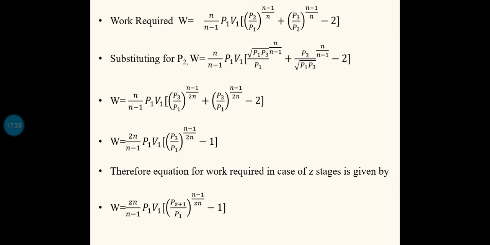If the intercooling is perfect, then we will get the minimum work requirement. So in that case, P2 will be equal to root of P3 into P1. So the intermediate pressure is the root of the product of initial and final pressure in the case of two-stage compression. Then we will have the minimum work required for the compressor. So this is a very important equation. Usually in the questions, the intermediate pressure will not be given. You can find the P2 value using this equation. You can directly write P2 equal to root of P3 into P1, assuming the process is perfect intercooling.